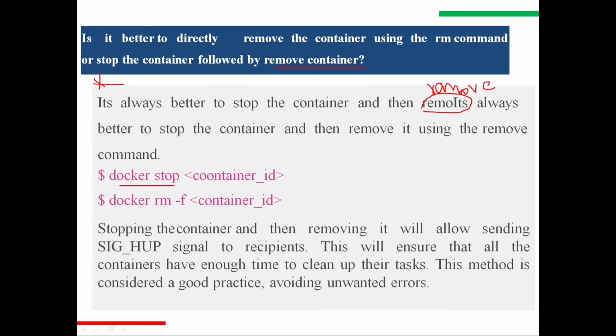First stop your container using docker stop container id, then remove it. Docker rm -f container id; this -f option means we are forcefully removing the container. Stopping the container and then removing it will allow sending the SIGHUP signal to the recipients. This will ensure that all the containers have enough time to clean up their tasks. This method is considered a good practice and avoids unwanted errors.